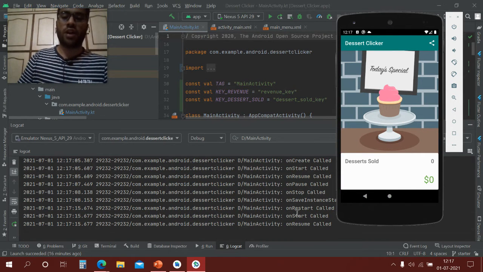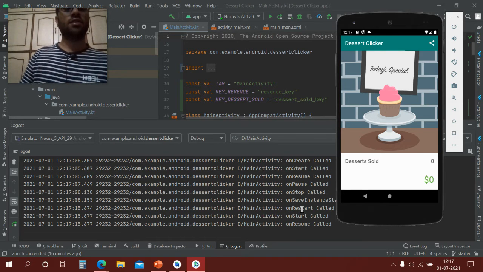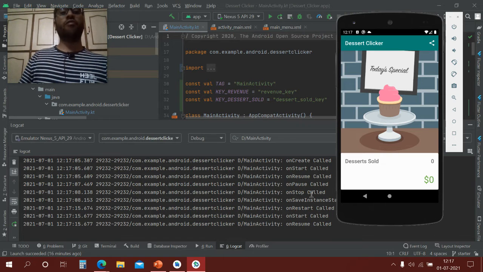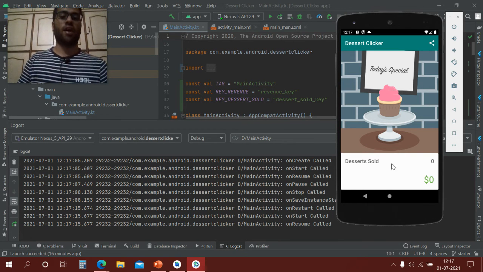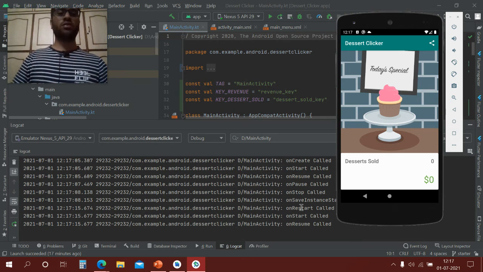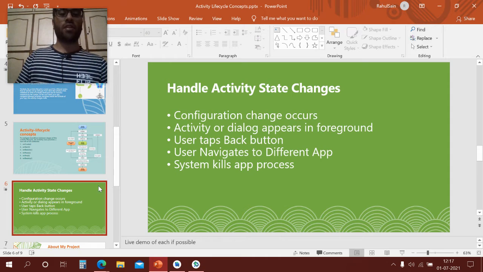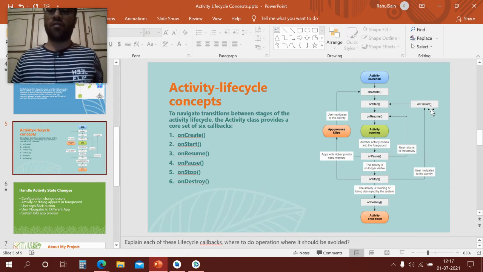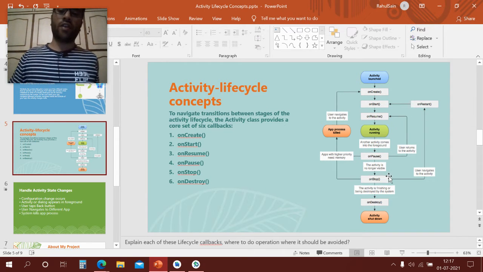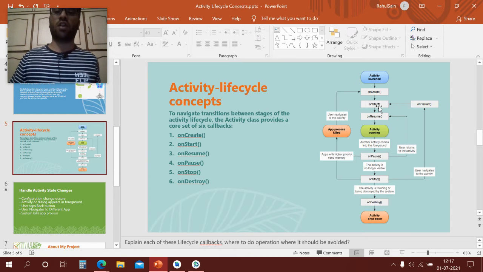And then we again pop into this. It will call onRestart. onRestart is the same as onStart, but it is called when we just navigate back to the app. We can put some operation in this method. So we do have two different methods for this, and then we'll call onStart and onResume. I have discussed onRestart, when it will be called, when we are just navigating. When the user navigates to the activity, it will call onRestart and onStart.